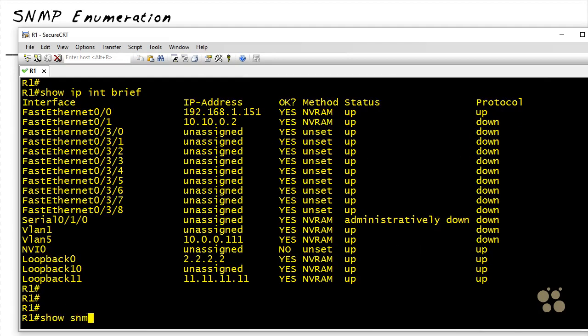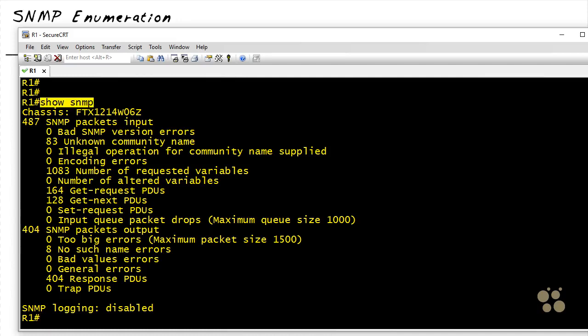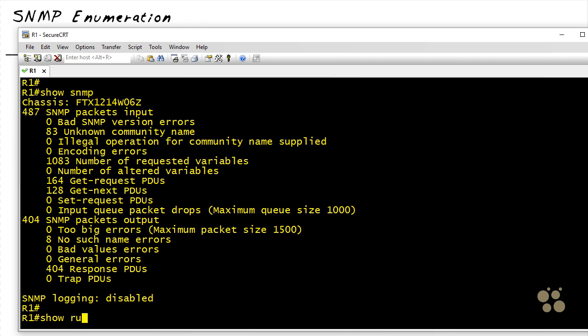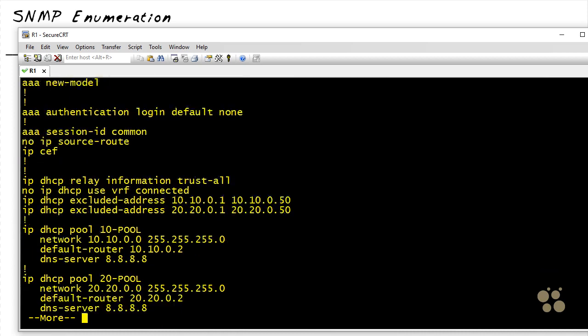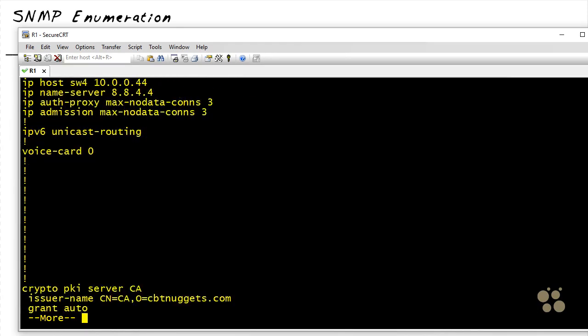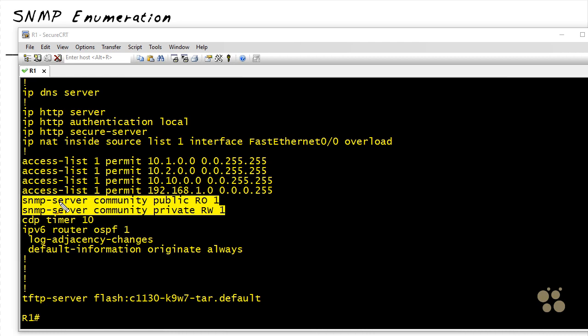Also, if we do a show SNMP and press enter on this device, this indicates that SNMP is currently running on this device. If we do a show run and look at the output of the configuration on this router, it's got quite a bit of stuff here, but the part I want to focus on is the SNMP configuration, which is right here. This first line we're looking at is snmp-server community public RO 1. In English, that means the community string, the password, if you will, for read-only access is public. That's how this router is currently configured, and this 1 represents access control list number 1, which means that